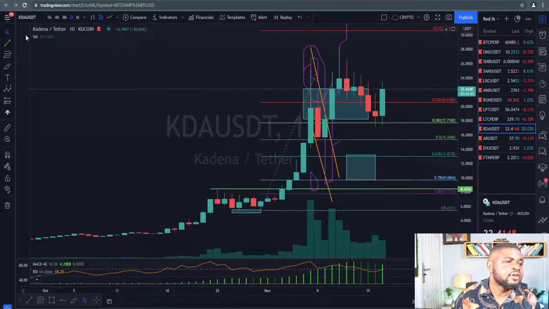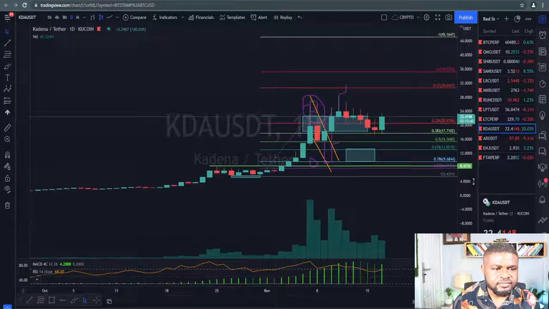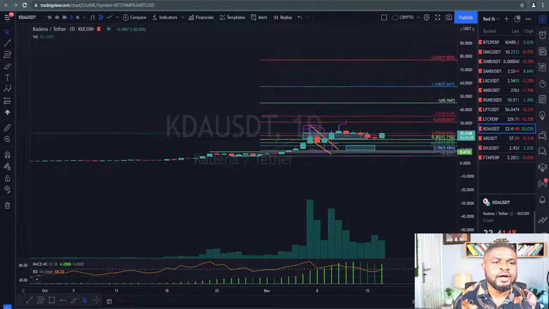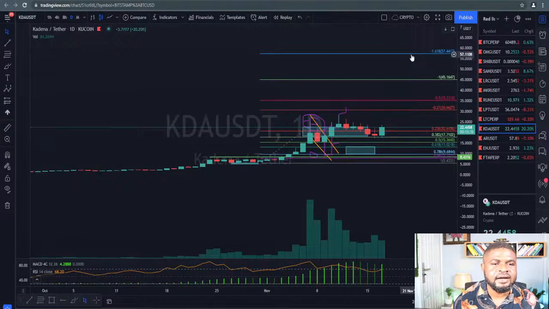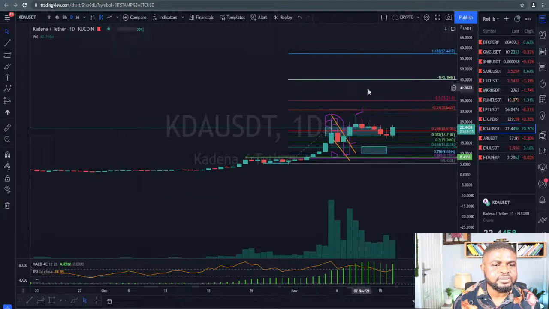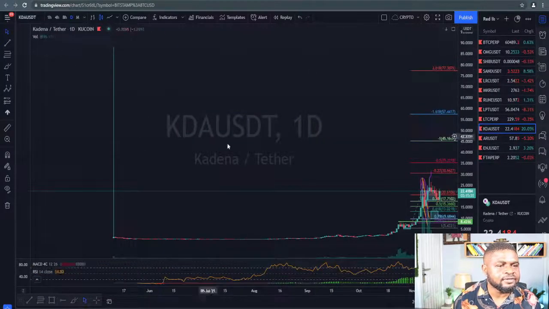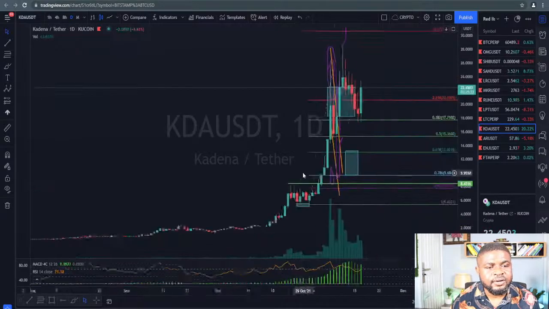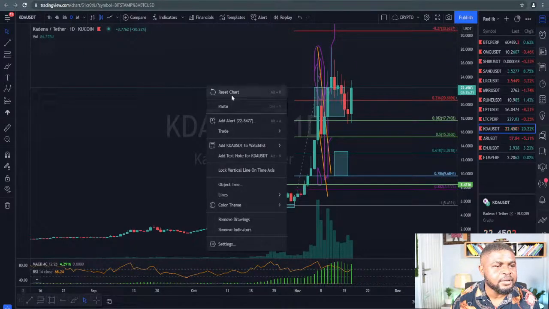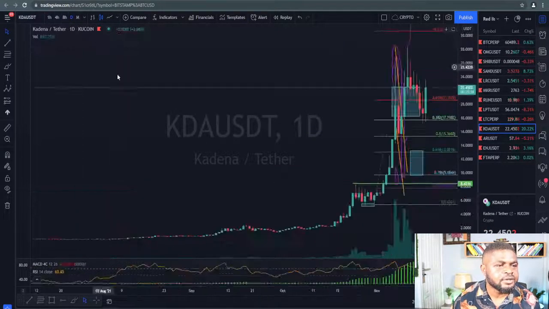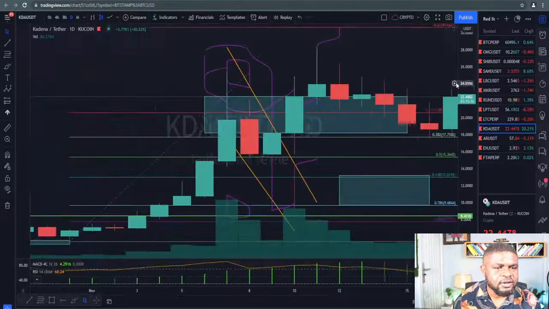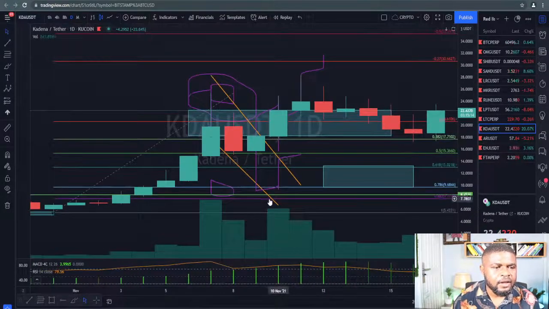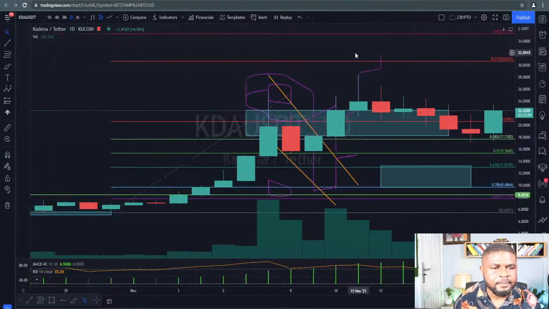what's this? Cardena, right? I told you Cardena target, what did I say? I think I should be noting them so I don't forget. I think it's 50, 58, right? Of course, this level, right? Of course, I did say I'm expecting a retracement. Let me try to get more details, right? Let me see. Come on now, I need a bigger